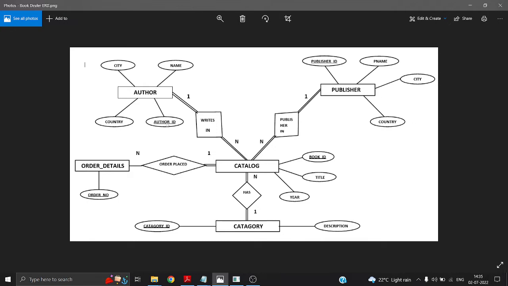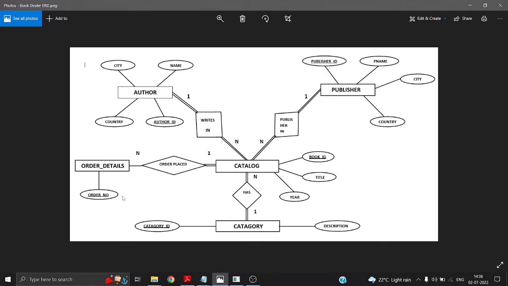Here it is author ID which is underlined, publisher ID it is underlined, book ID it is underlined, category ID it is underlined, here it is order number which is underlined. So that means we have identified entity followed by attributes followed by key attributes. Our next job is to identify the relationship, and in this case, as I told you, this is the book dealer,